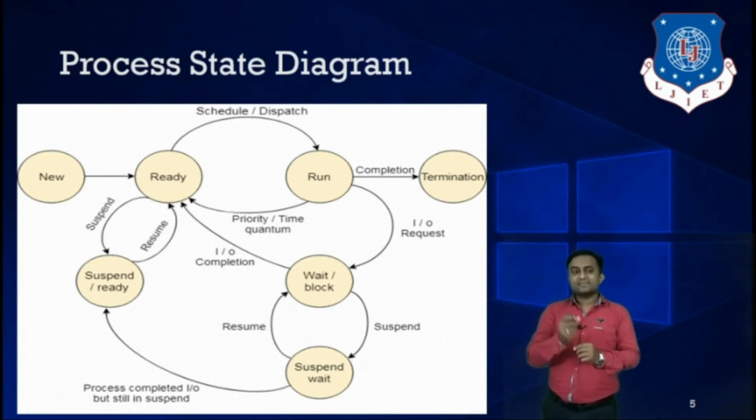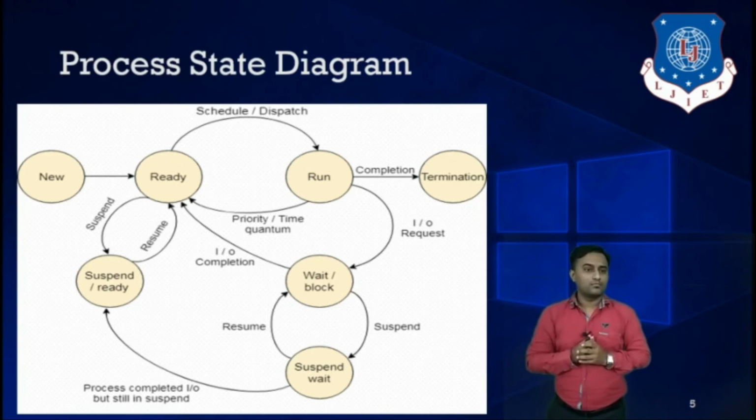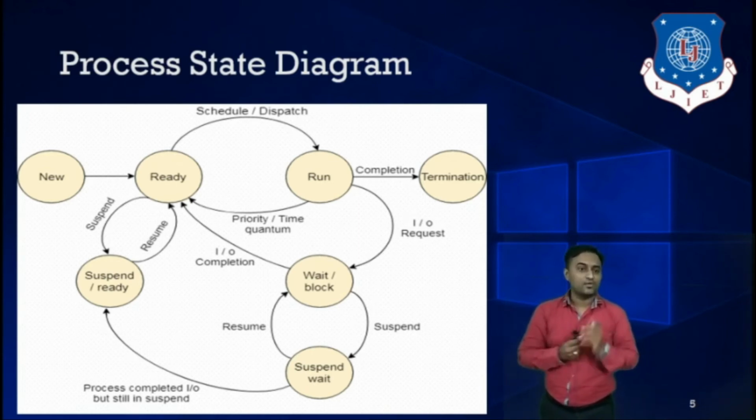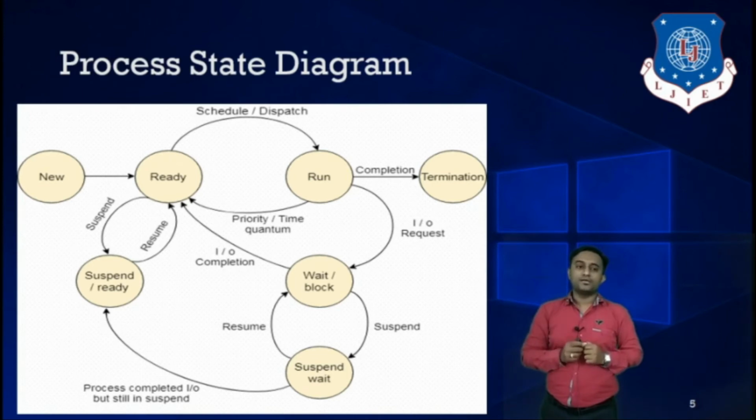So in that case again the ongoing process will stop its execution for a while, store its current state of information, and then switch back to the ready state for the next chance. Now these are the four different states we have discussed. Now the fifth state is nothing but waiting, or we can say the block state.